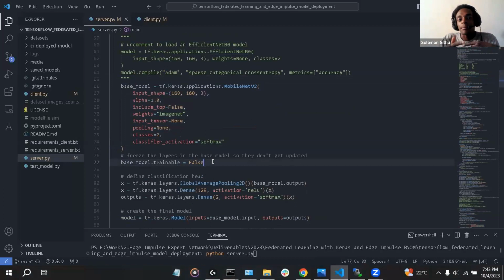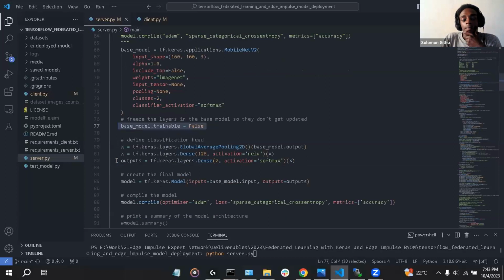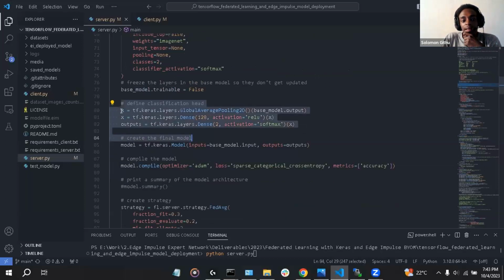We just update the model parameters on new objects or new features that we want it to learn. That's why here we are freezing the layers of the model so they don't become trainable. The other parts of code basically define the layers of the model.